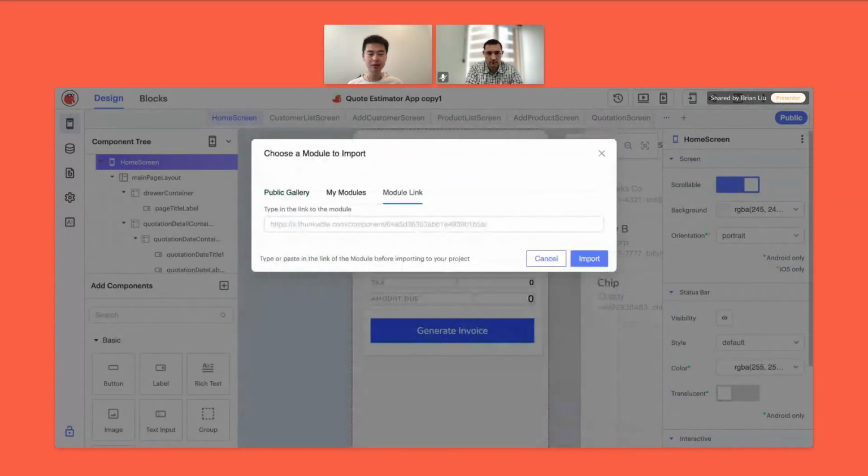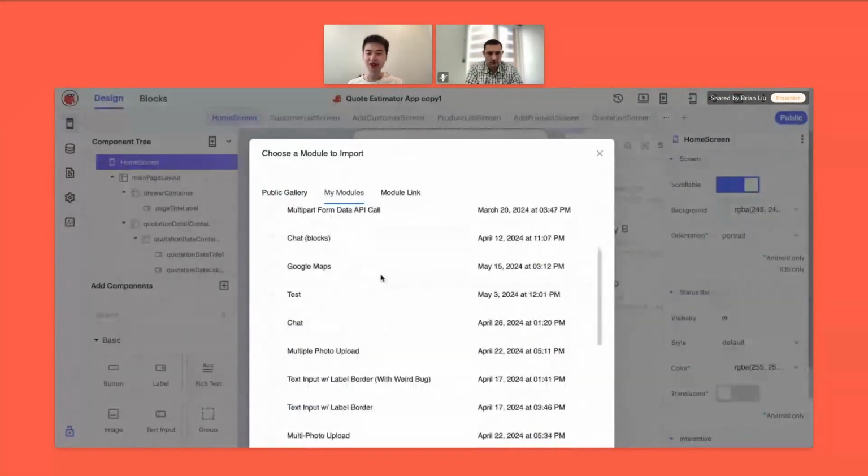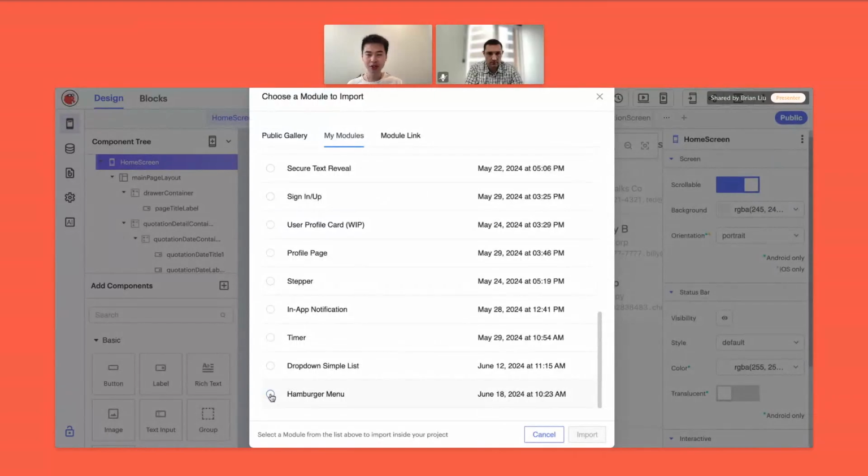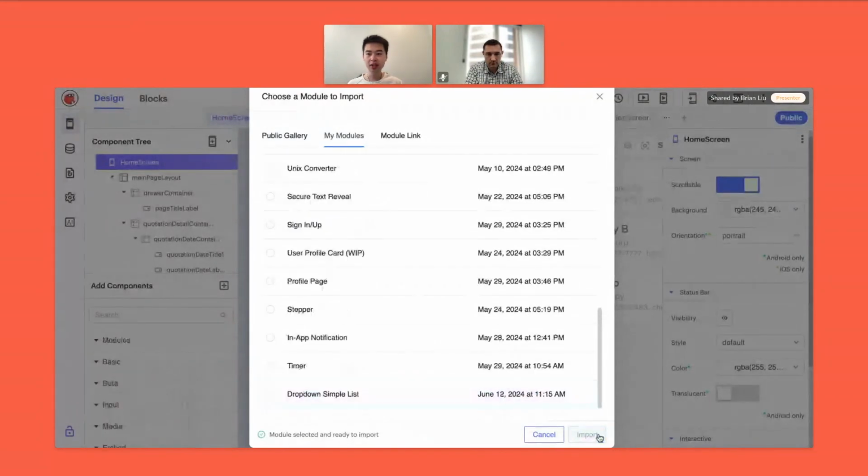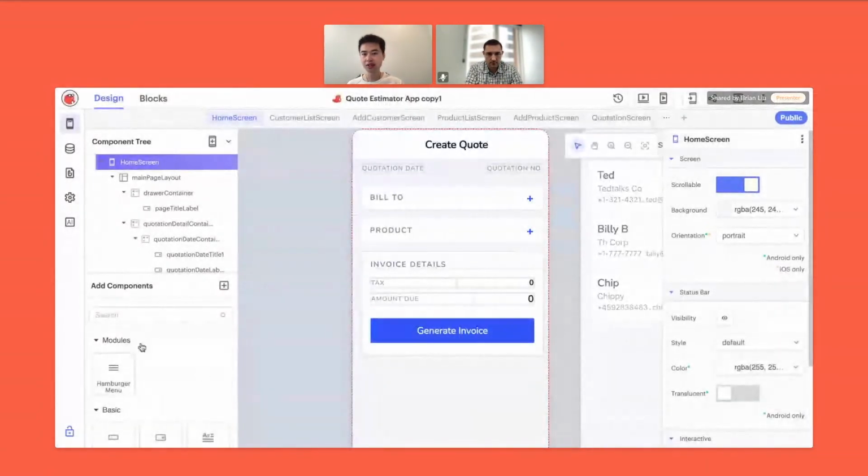If somebody else created a module and you have a share link, you can paste it in and it imports that module. And lastly, my modules, which is basically a list of all your modules. So we're going to go ahead and click on Hamburger menu, the one that we just published. And you'll see here, module selected and ready to import. We can go ahead and hit the import button. And now on the left side, as you'll notice, it has a new section, modules, and the thing that we